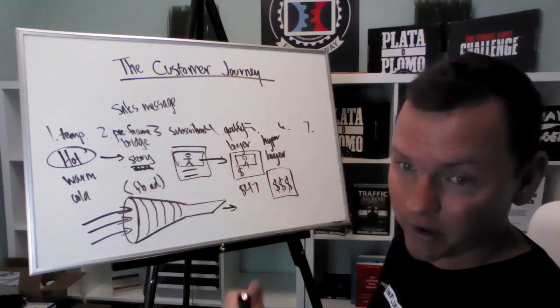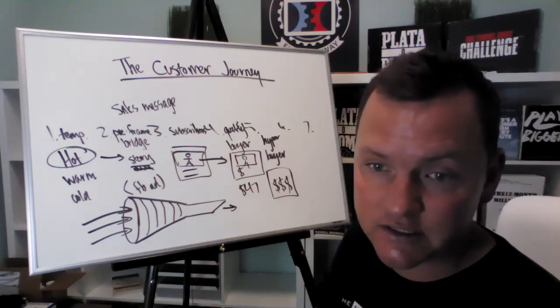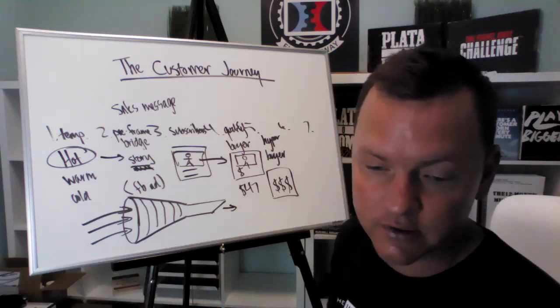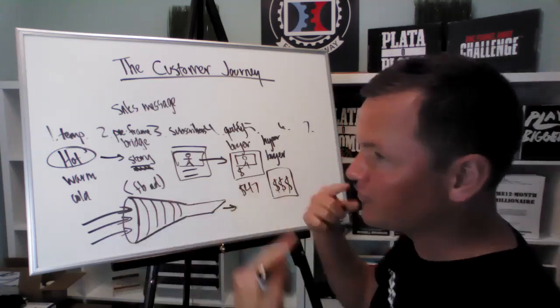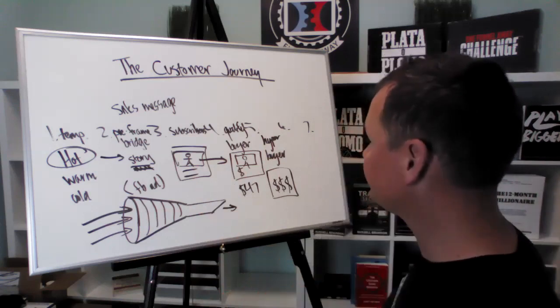So this works for brick and mortar. It works for service-based industries. It works for all the different types of funnels that I listed off in the beginning: the sales funnel, the application, the physical product, the subscription, just buying over and over and over again. This works for all of it. But we've got to understand this first to apply those different types of funnels, okay?